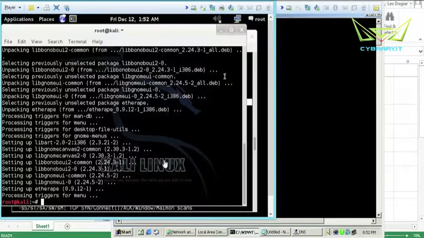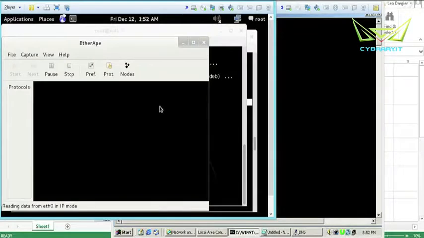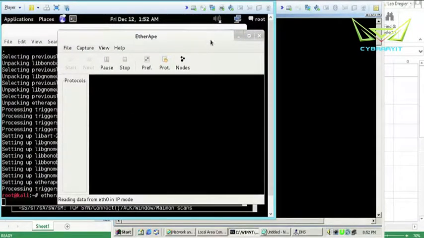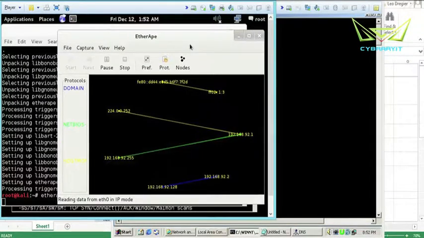Now that EtherApe is installed, we can go ahead and launch the application just by typing etherape from the command line. And it'll come up in a new window. The reason why I like this, particularly for these types of illustrations, is we get to visually see how a tool like nmap goes out and starts auto-building a map of who's speaking to who based on the types of information you get to your network adapter card. If you don't send any commands, you're just going to get a bunch of broadcast traffic, or things that realistically are not of any interest. Like you'll see a broadcast address, you see a multicast address here, so I probably got a multicast